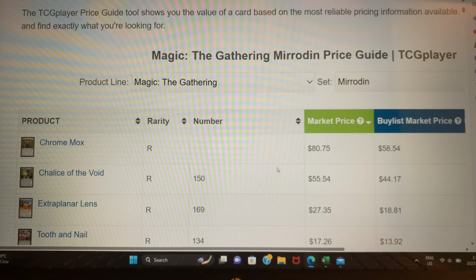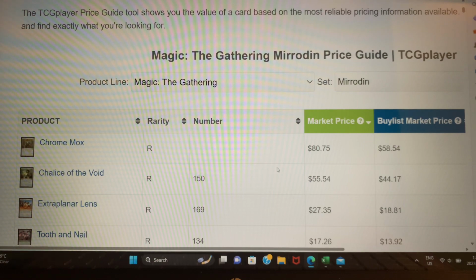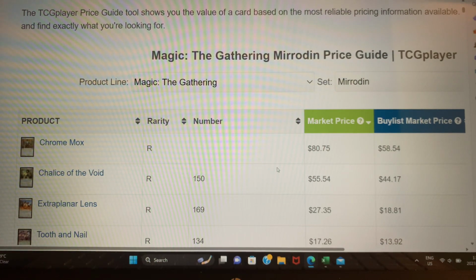Today we're going to be looking at part 7 of cards that I think might get reprinted in the Commander Masters set coming up. And we are going to be looking at the early modern sets of Mirrodin through Dissension. So the first 3 blocks that started off with the frame change, and see where we go and what we can find. So first off, we're going to look at Mirrodin, and we are going to see that